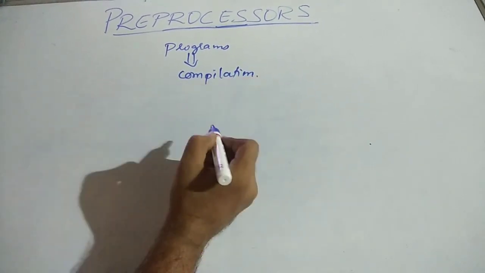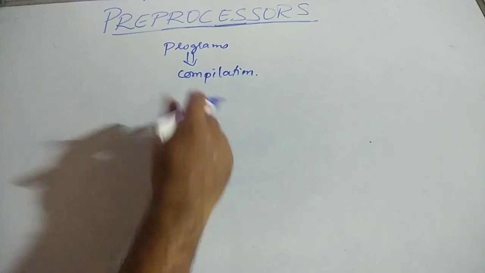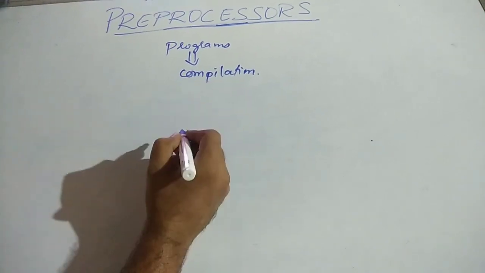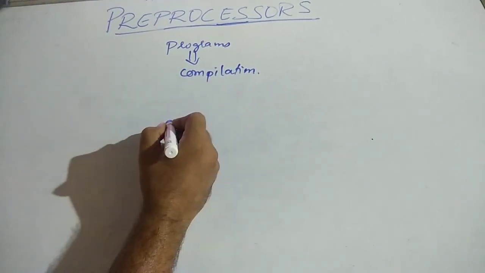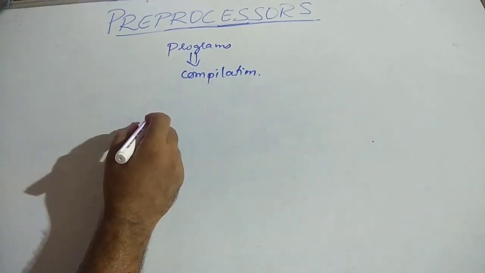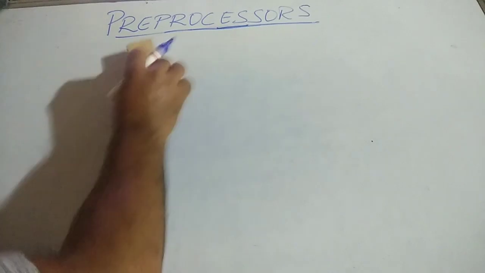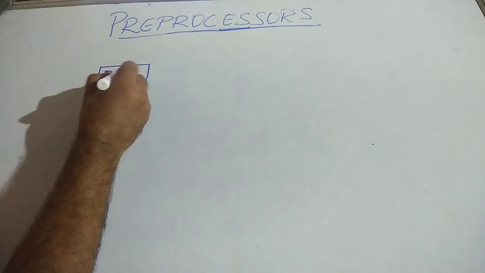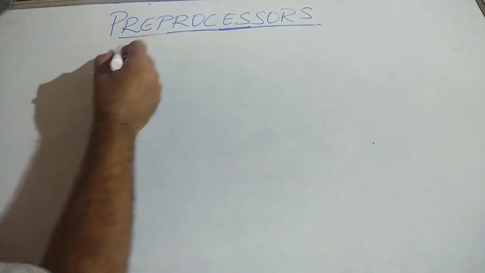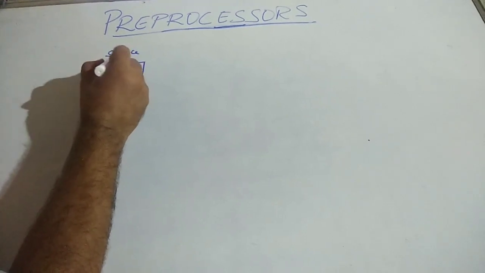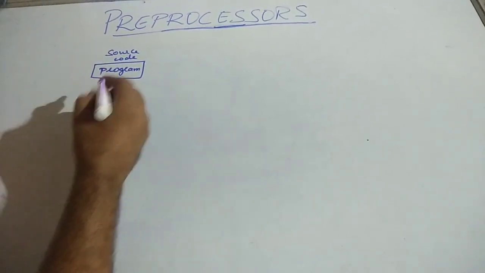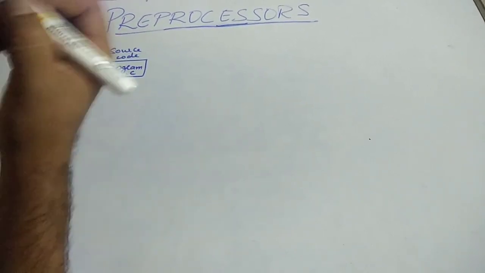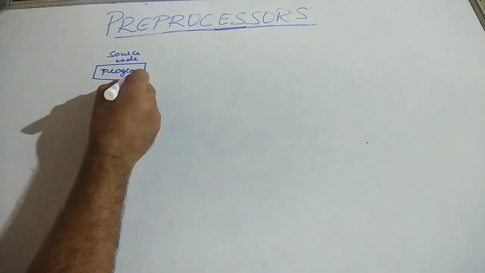There are a number of steps involved when writing and executing a program in C. Now we'll see what steps are actually involved, from starting to write a program to executing a C program. Is it clear? Yes. So first, what do we do? We write our source code. We can say the file name is program. So this is our source code, and we write it using any one of the editors. Once the program has been written, we'll call this program.c. Each and every C program should end with the extension .c.